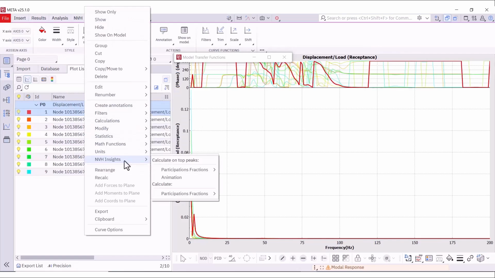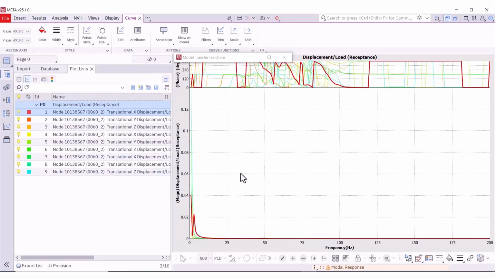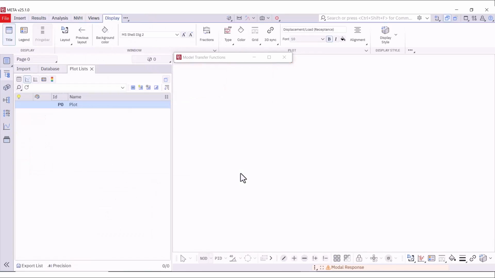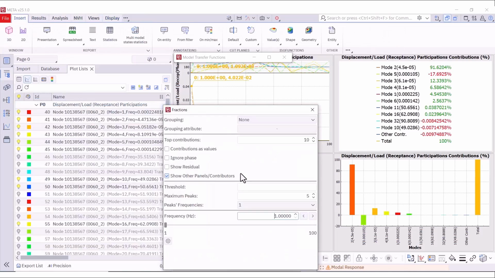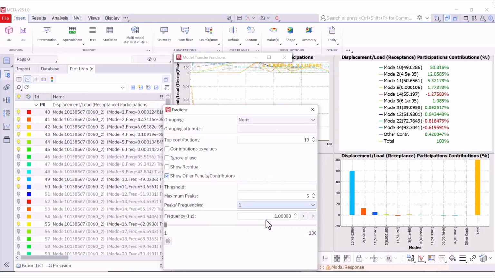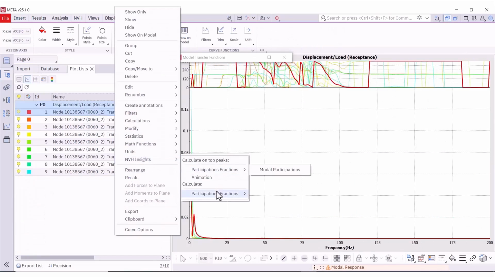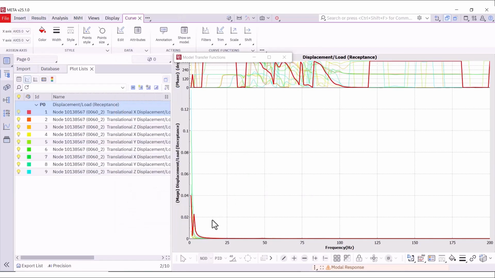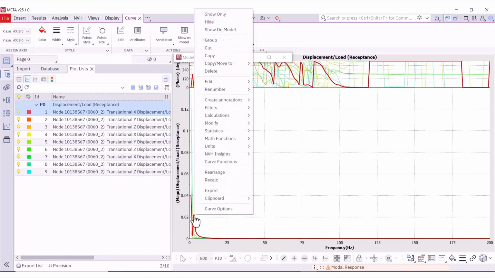From the plots list, it is possible to calculate participation fractions and animation on top picks, or participation fractions for the whole range. It is also possible to select a certain pick directly from the curve and apply NVH insights as well.